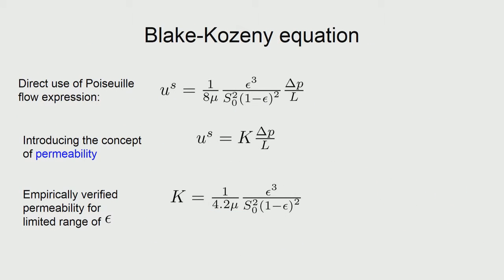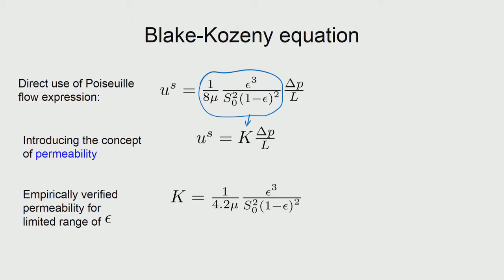Okay. So, what we are now doing is to just see if we can make a generalization of this particular model to arrive at an equation that has a name. The equation that is available in extractive metallurgy literature is the Blake-Kozeny equation, and we will see whether we can arrive at that. So, what we want to do is take these entire coefficients that are there in front of the delta p by L and simply call that k.